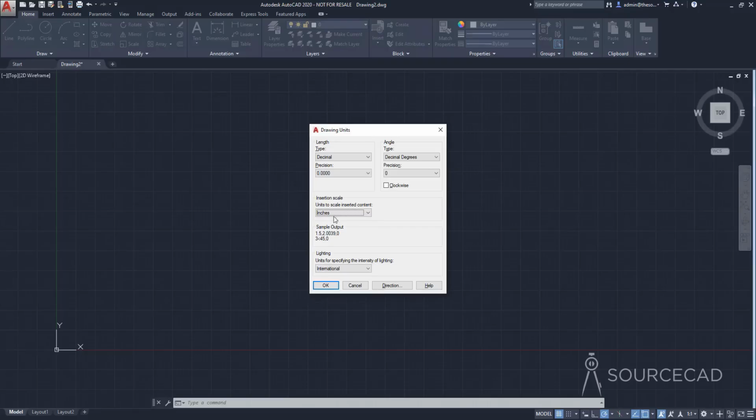Now for the length type, you can select decimal if you want it in this kind of format, in the decimal format. So in this decimal format, if you type 4, it will be 4 inches. If you type 5, it will be 5. If you type 12, it will be 12 inches and so on. But if you want a